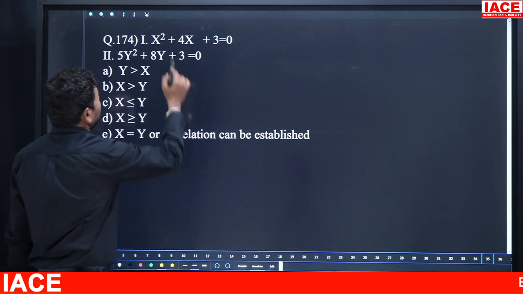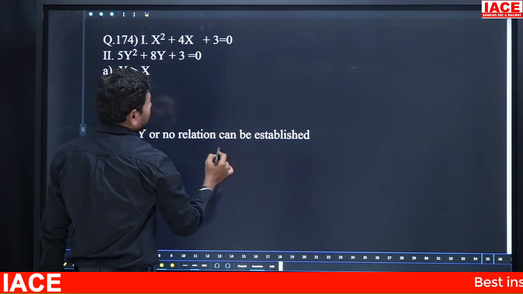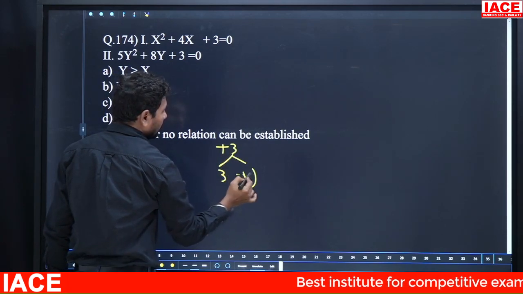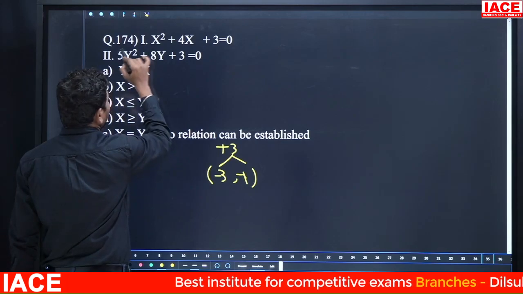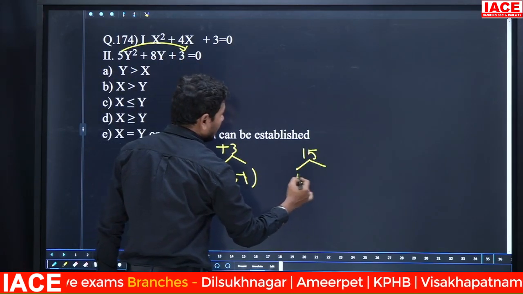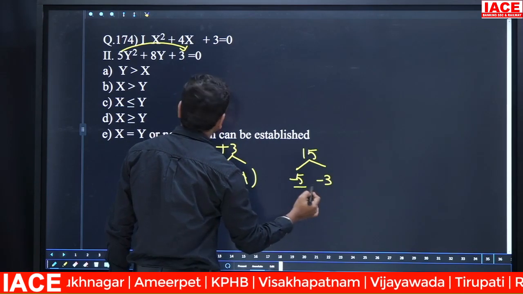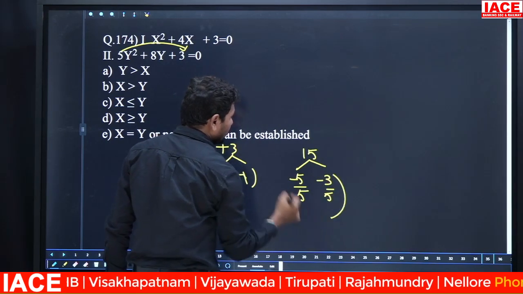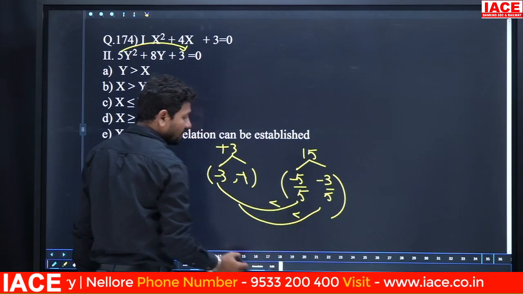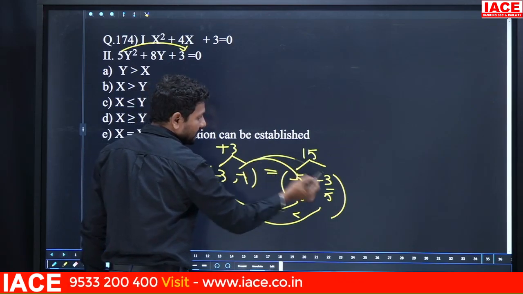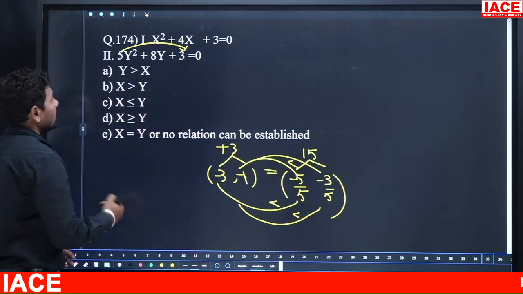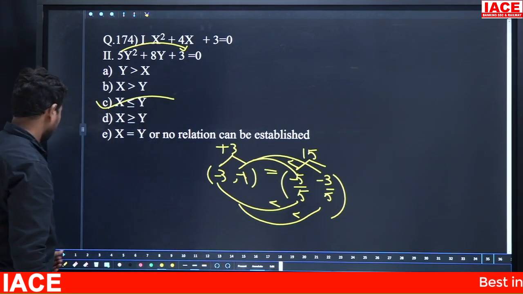Next, here a plus equation is giving negative factors. For 3, factors you can write 3 comma 1, minus 3, minus 1. And 5 3s are 15. What factors can we write for 15? 5 comma 3, and divide with 5 and divide with 5. Then what was the result here? Minus 3 minus 1 is bigger. Minus 3 by 5, minus 3 by 5 is bigger. Minus 1, both will be equal. Minus 1 is 2. Minus 3 by 5 is bigger. Then the final answer is x less than or equal to y, option C.